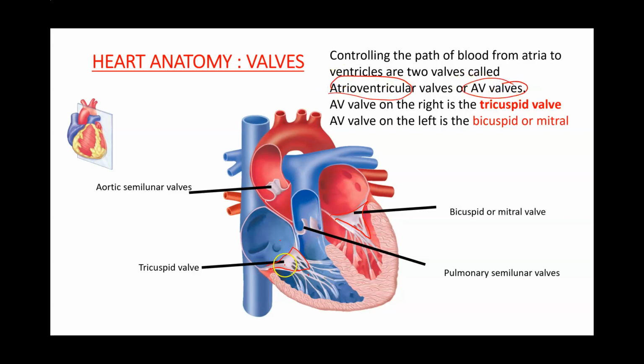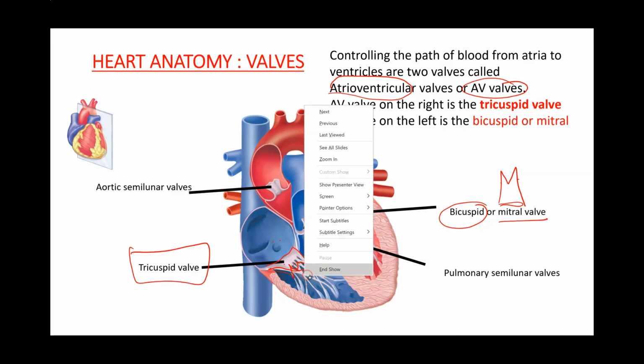The one on the right is called the tricuspid valve, supposed to have 3 cusps. The one on the left is called the bicuspid or mitral valve. It has 2 cusps. And mitral is the hat that bishops wear, which have 2 cusps. So those are the valves that control the movement of blood from atria to ventricles. On the other hand,